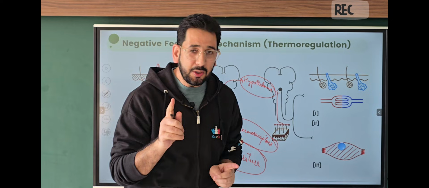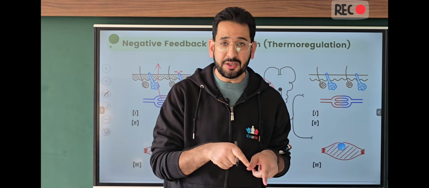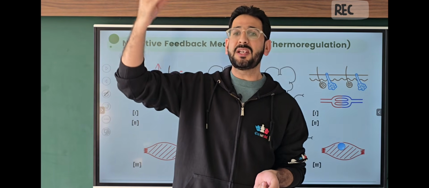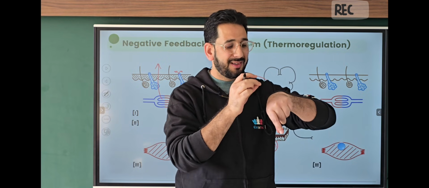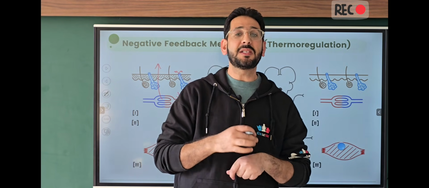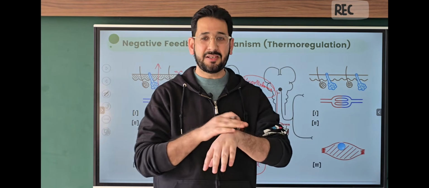So our hypothalamus acted on the cutaneous blood vessels, led to vasodilation, so cutaneous blood flow increased, we have radiated more heat out of the body, and then the sweat glands were also stimulated, and stimulation of the sweat glands leads to the secretion of sweat, and that actually helps us